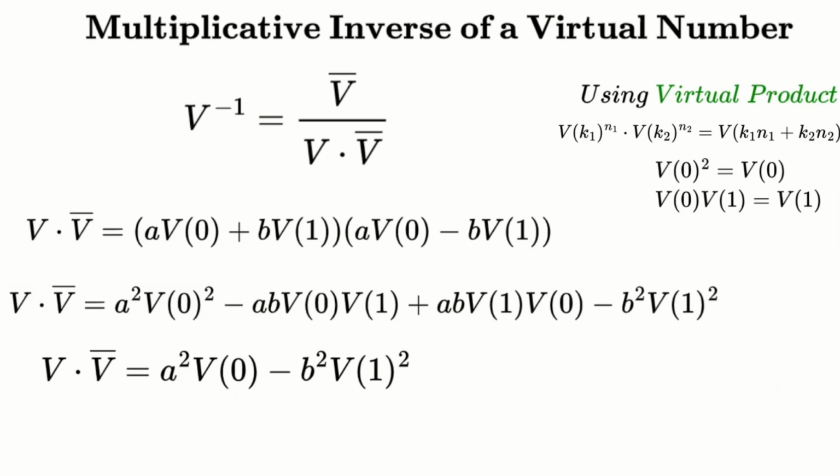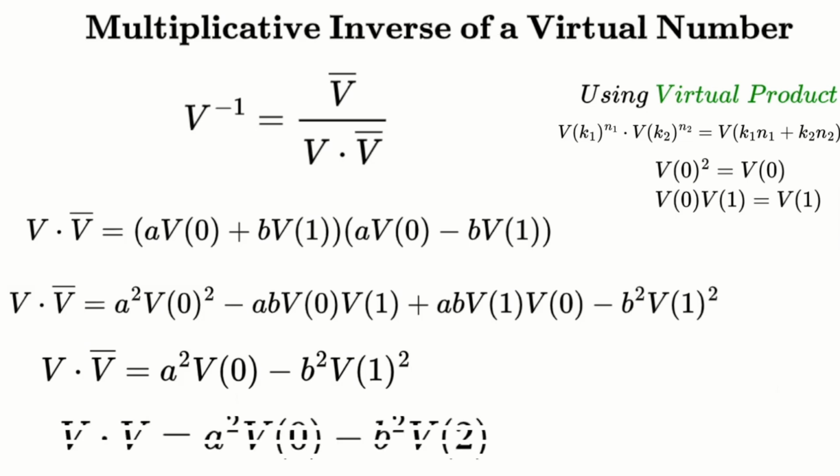Finally, recall that v of 1 squared equals v of 2. So we can rewrite this as a squared times v of 0 minus b squared times v of 2. Now, since v of 0 equals 1, we can simplify this even further. A squared minus b squared times v of 2. This result isn't a real number because of the v of 2 term, but it's still a valid element of the virtual number system. With this result in hand, the multiplicative inverse of v becomes v inverse equals the conjugate